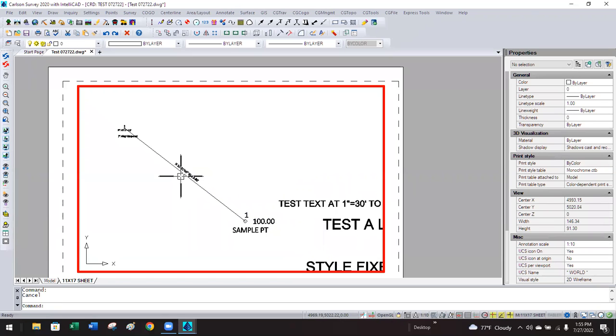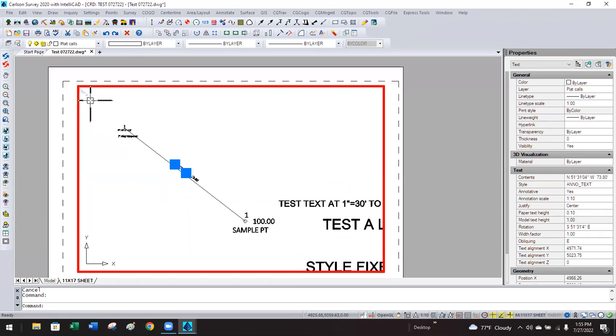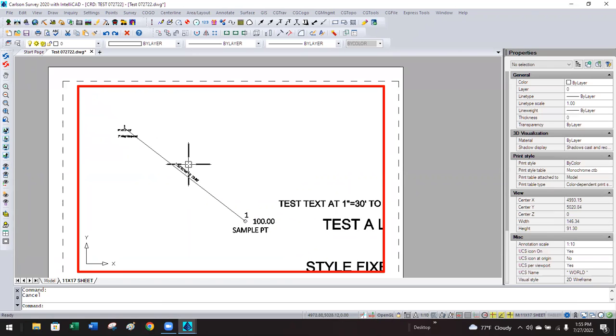At 1 inch equals 10 feet. Now, notice when I select it, you see this over here, this ghosted view of that text. That is a setting, excuse me, that is set to pre-select, and all it really does is get in the way,